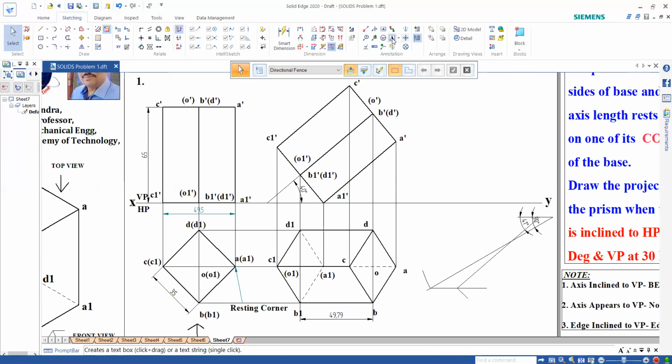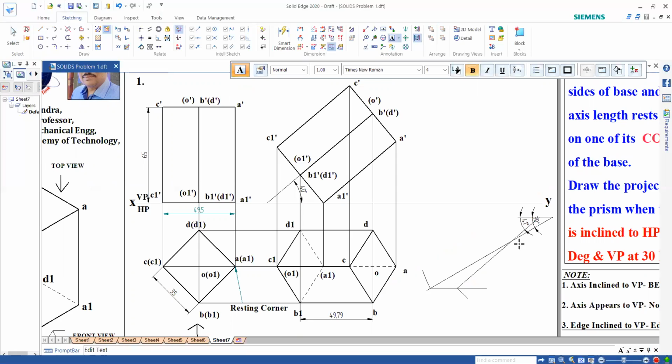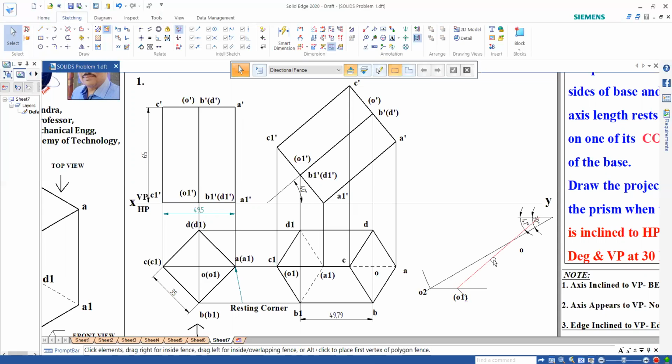Right. So if I want to name this, this will be point O. And this I will take as O2. It's not required right now. So this will be O1, which is in bracket. O1 in bracket. Okay. So now on this line, I need to place this square prism so that this O point should match